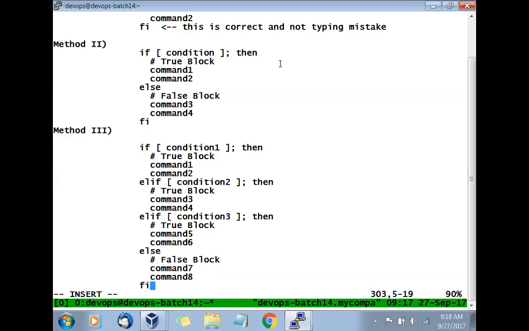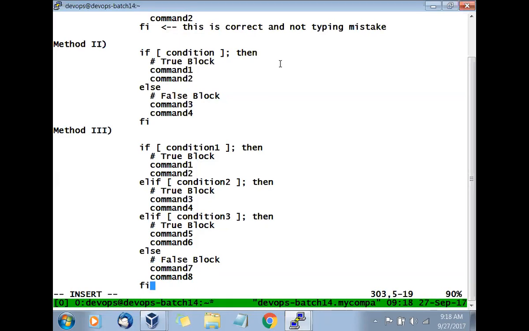So you can use these three different methods to understand what is happening here. First is just for a true block. Second method is for true and false.